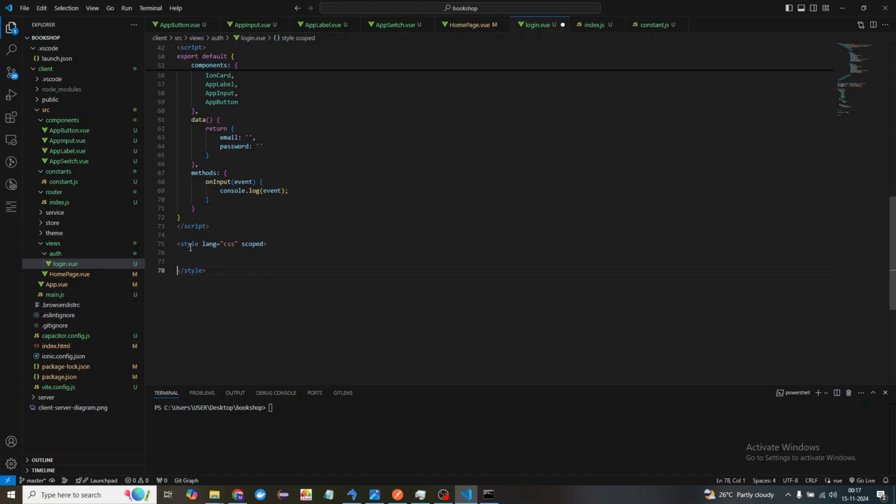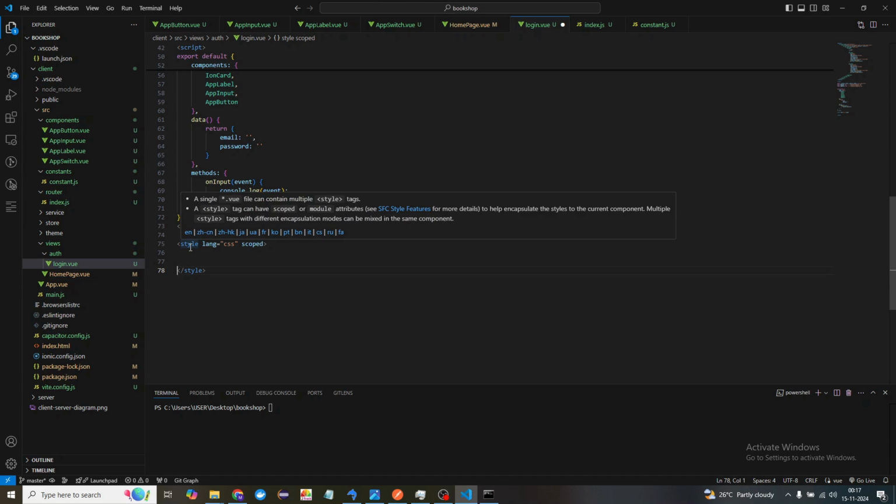We are forcing this style to apply on this page only. Whatever CSS class or CSS styles we are going to write here, that all should get applied on this specific screen, not the other screen. So let's write a couple of CSS classes so that our page will be more